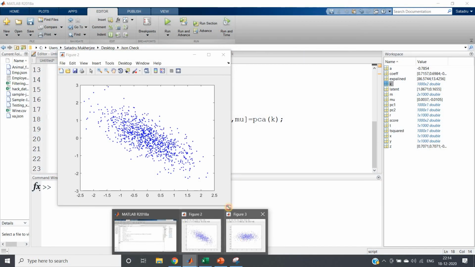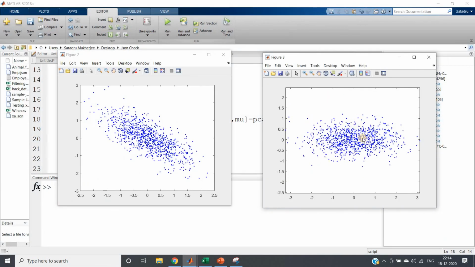This is after plotting PC1 and PC2. See, the rotational part has gone away, and you will find almost 90% similarity, that this data set is actually a rotated version of the other one. So this is the beauty of PCA.